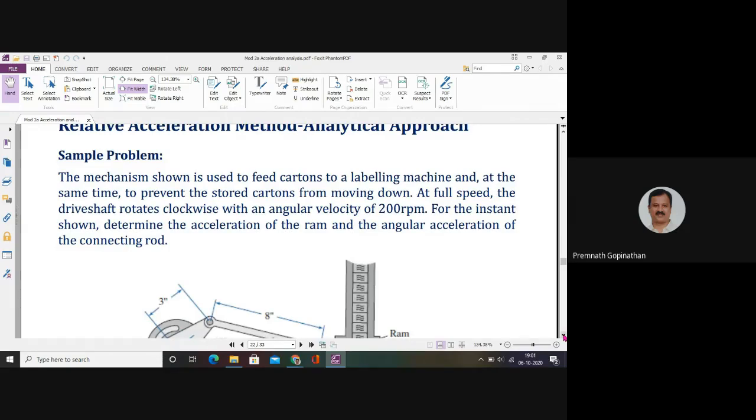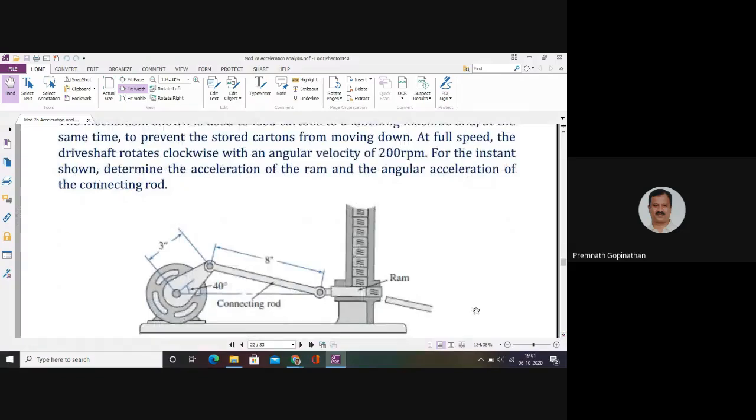So here you have a mechanism in which you are asked to find out the acceleration of the ram and the angular acceleration of the connecting rod. The given mechanism is a single slider crank chain. So here we have the crank and then the connecting rod, and the ram is acting as a piston. If you're given such a problem, what you have to do is first